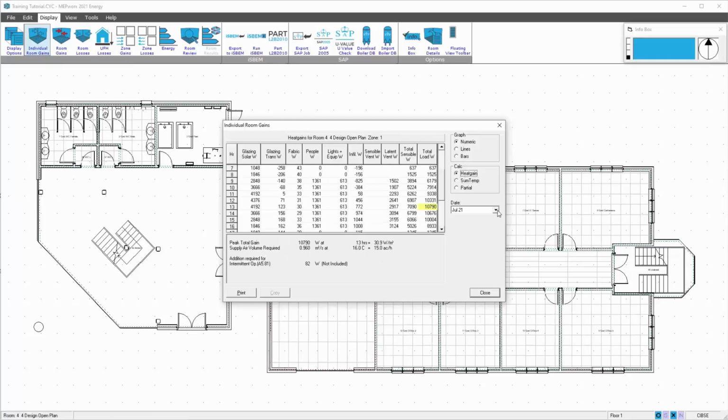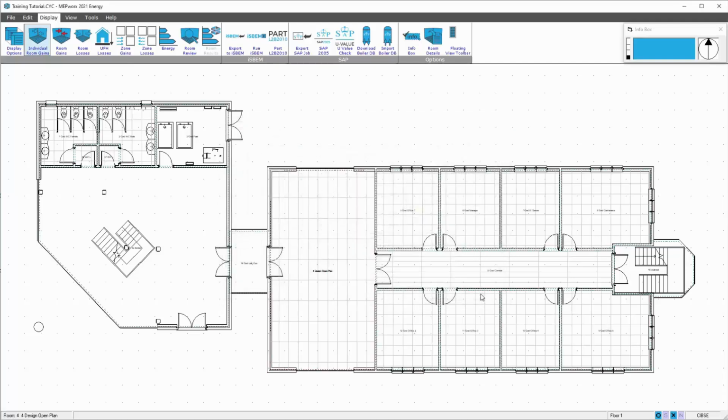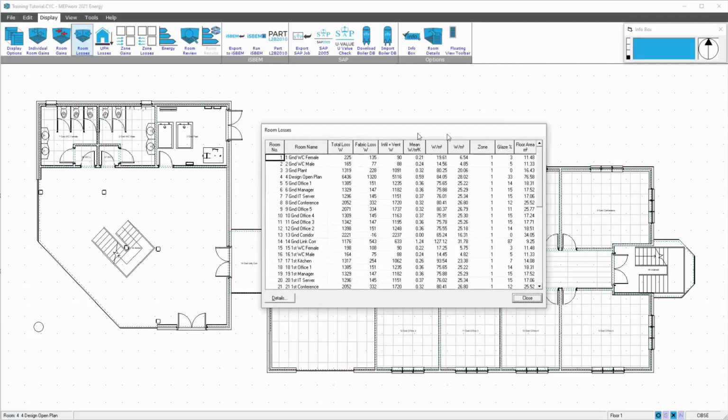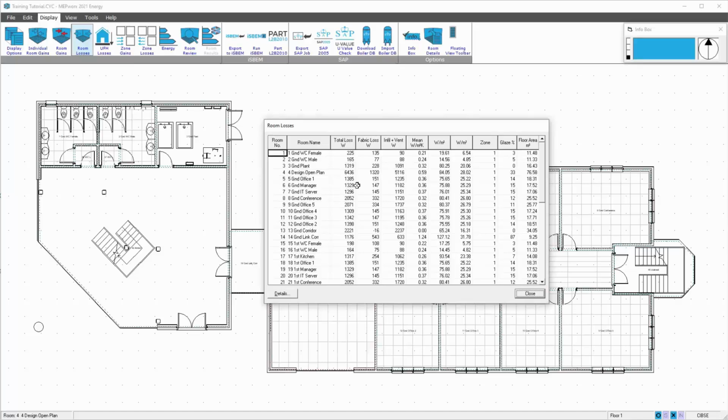If we go back to the heat gain, we can look at different months of the year. So we can see in this case August is the peak month. If we wish to look at the heating requirements, we can go for the room losses. Now this is presented slightly differently in that you get a list of all your spaces, and you can then go into the space of interest,